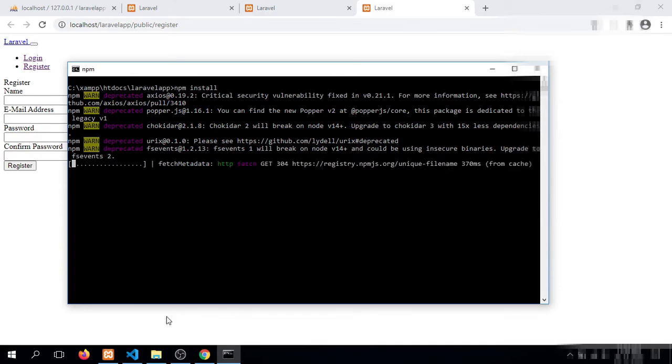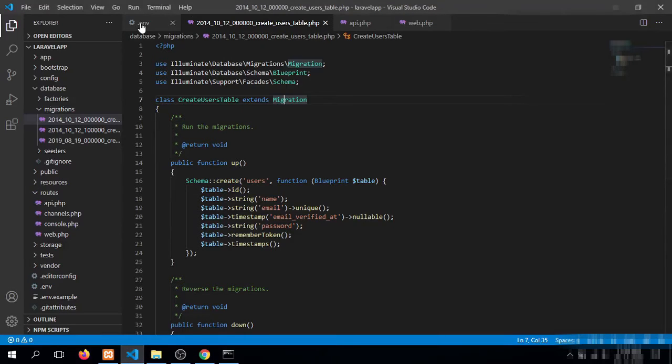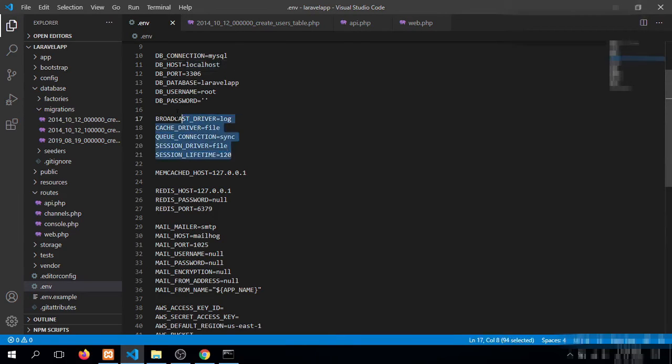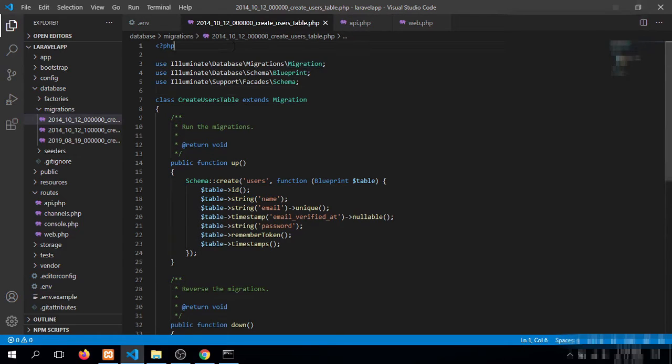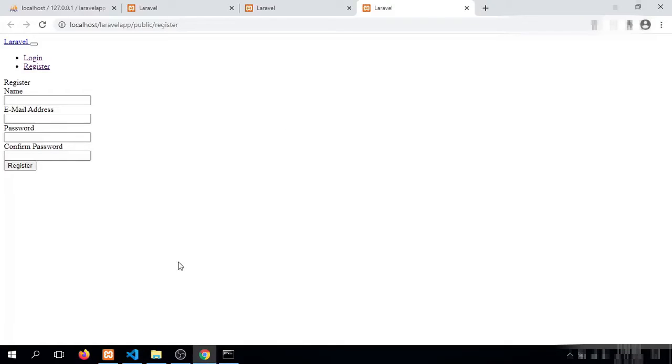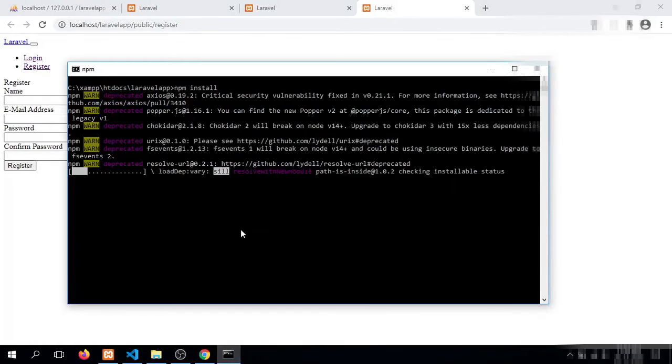As you can see, we have created a database connection, we have generated tables from the command line, and we have generated authentication for our Laravel application.